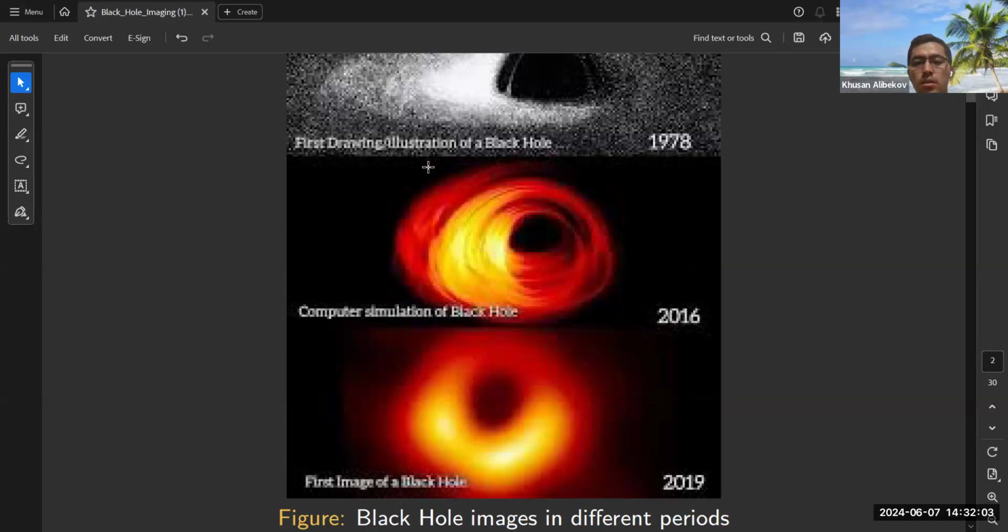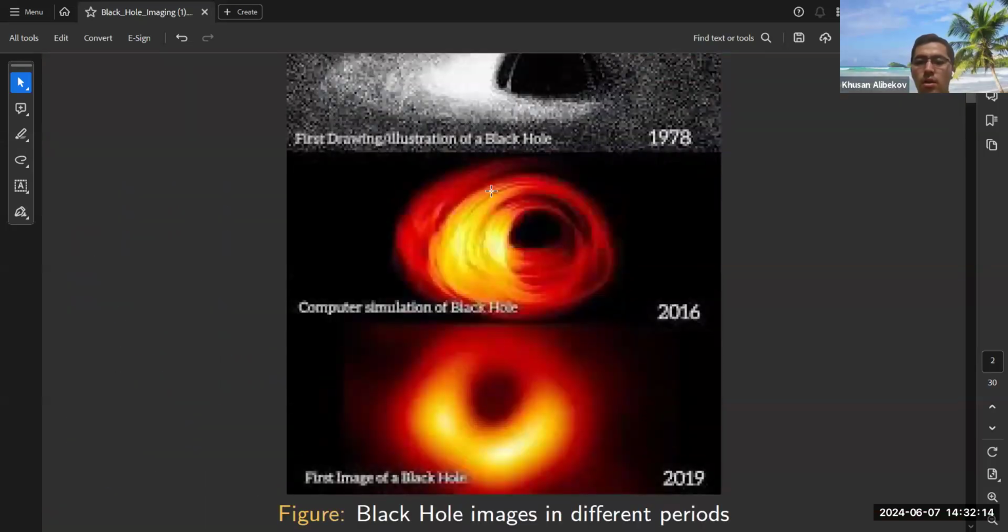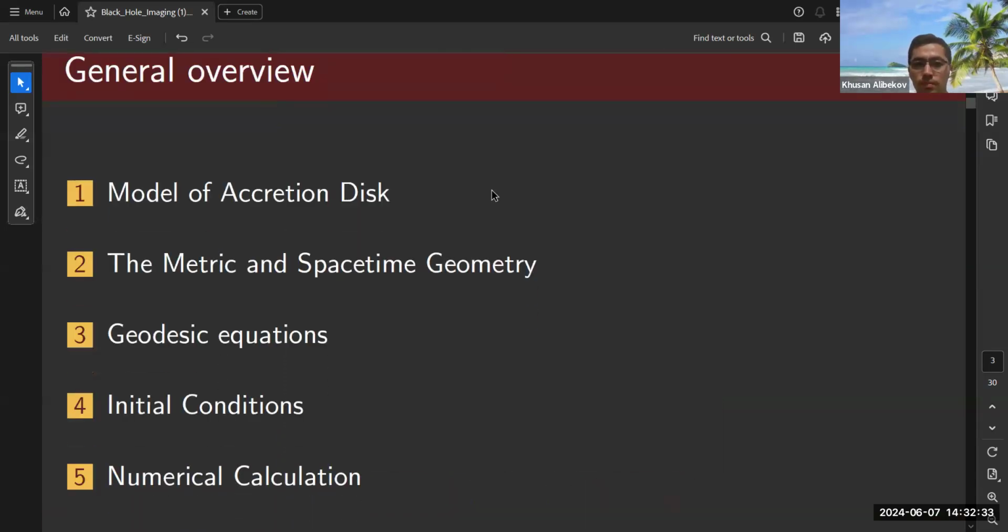in 2016, a computer simulation of a black hole was created by researchers, and after that, the first observable image of the black hole was created by Luciano and observed by the team of Luciano Razzola. And